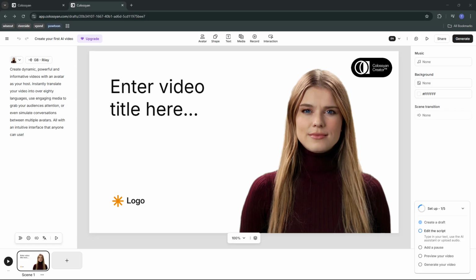Once you're in, open your project in the editor. From your projects list, select the one you want to work on. This brings you into Colossyan's workspace where all the creative elements live. You'll see your canvas or scene layout in the main area and different tools around it designed to help you